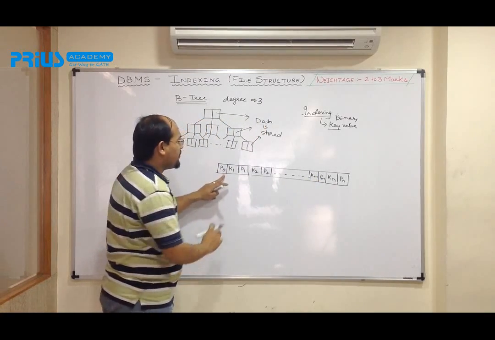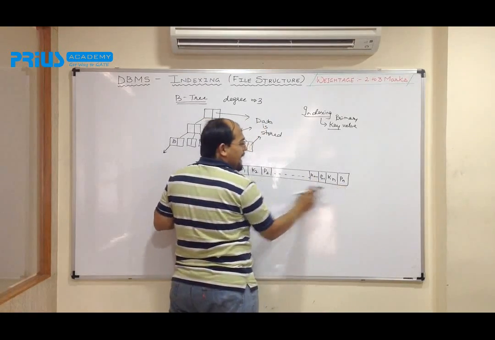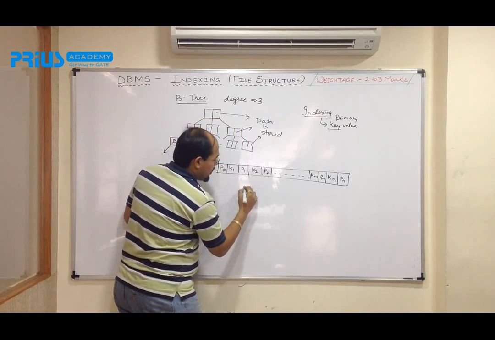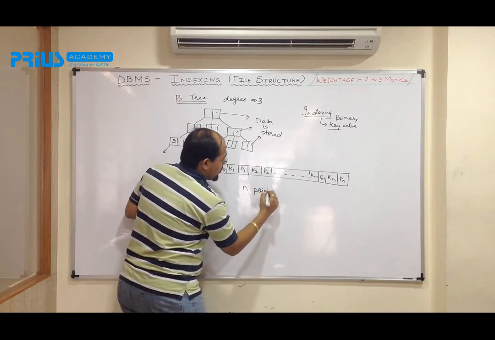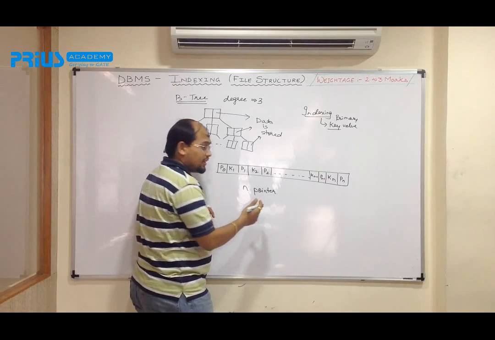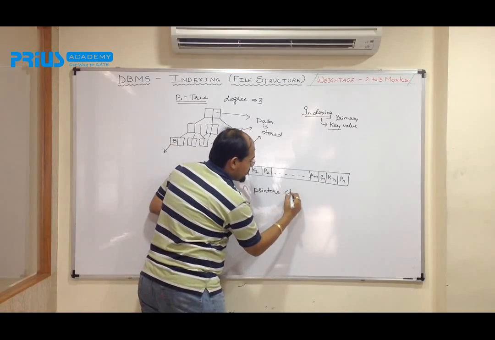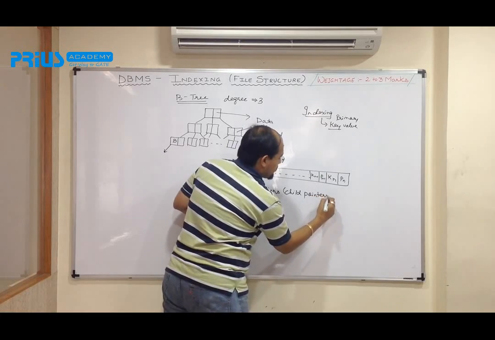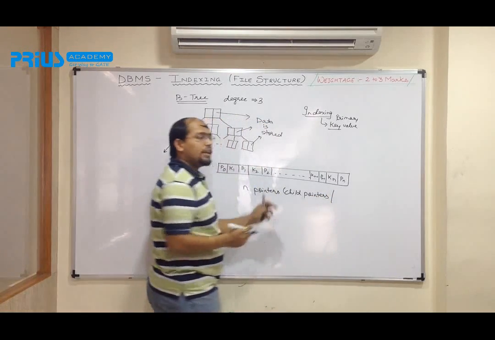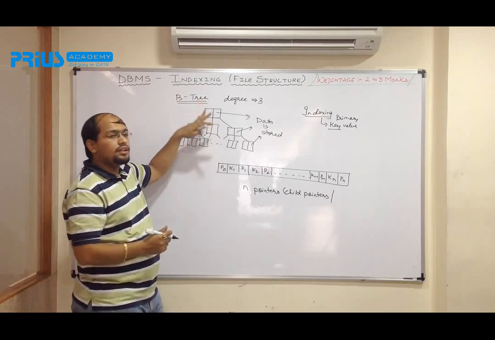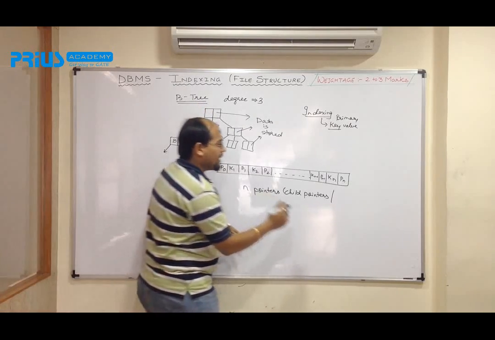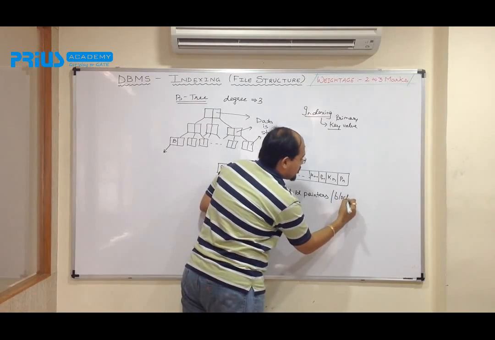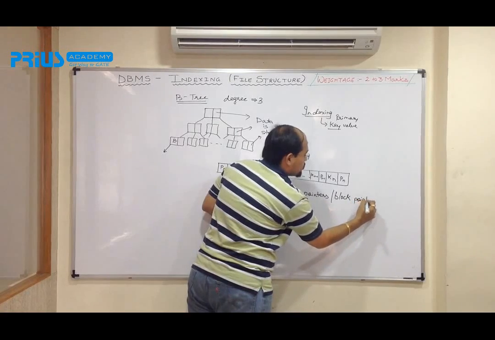From this I can identify that there are n pointers. Can I say they are child pointers? Yes, these pointers are child pointers. And since it is a similar structure for all the internal nodes as well as the leaf nodes, I can also say these are block pointers. So both are the same